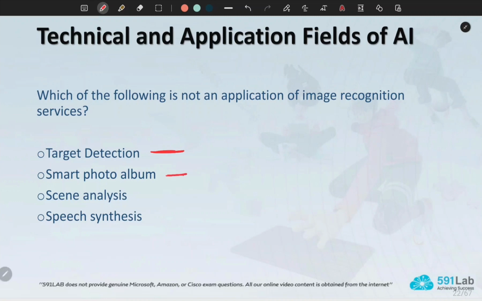Smart photo album is also an application of image recognition, and also scene analysis. The only one that is not an application of image recognition is speech synthesis.